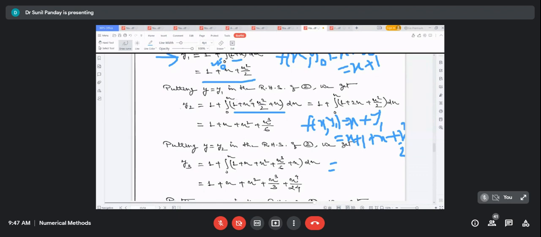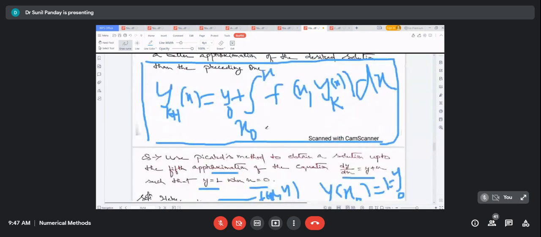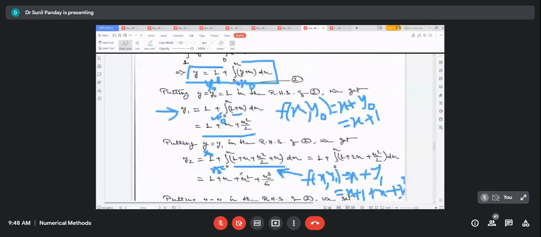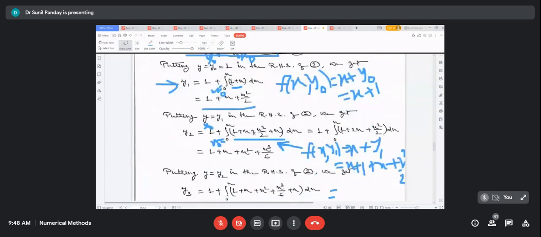So this is f(x, y1), and then I am integrating from x naught equal to 0 to x, and this is my y naught. So I am using this equation each and every time to get the next better value of y2 or y_k(x), and then I integrate it. So after integration, because